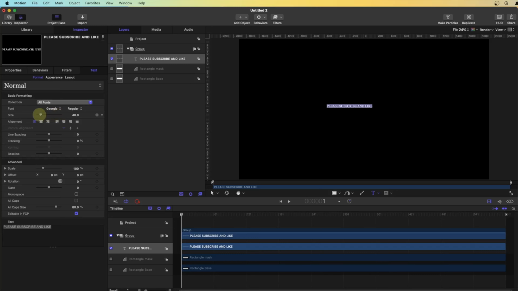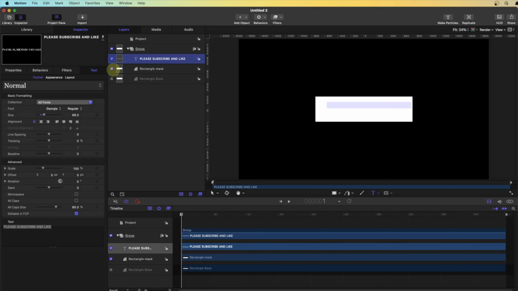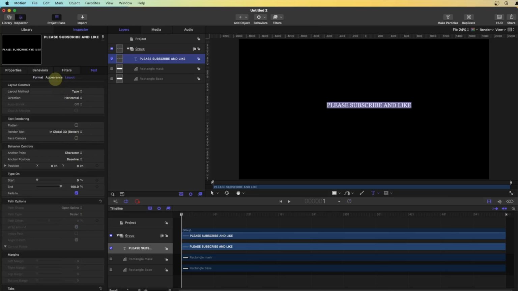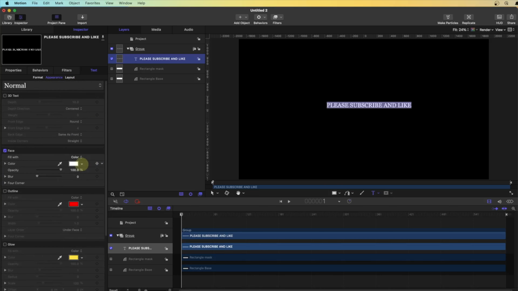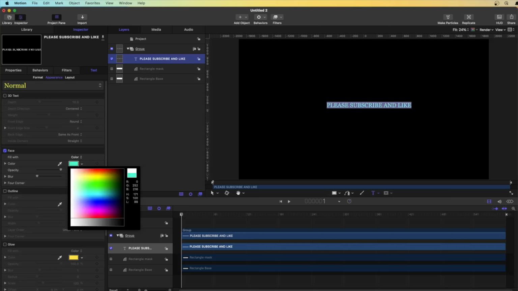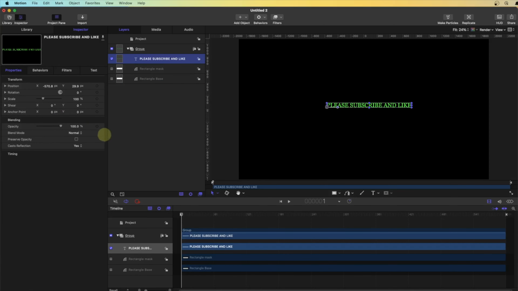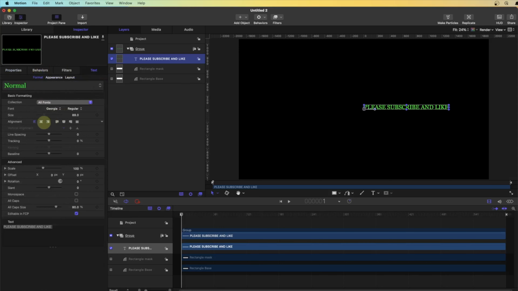And we're going to go for the font and change the font to a little bit bigger, not bigger than the rectangle. Yeah, just quickly check. And we're going to go for the appearance and change it to any color except white. As you can see here, we have one text sitting on the rectangle, but we're going to go to the properties again and center it again, and put it in the middle,